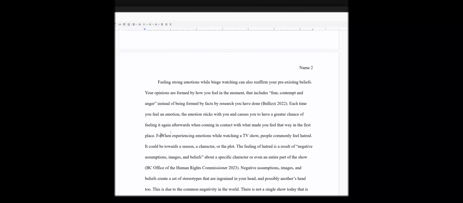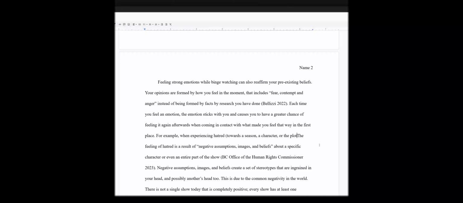So let's say, for example, when experiencing hatred, see if I can figure out how to, if I remember how to do. No, where is it? So that's that one. There it is. Okay. Trying to find my, I don't actually have dedicated things. Okay, for example, when you experience hatred towards a season, a character, or the plot,